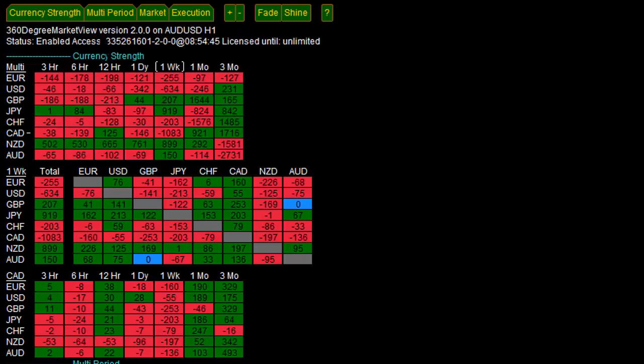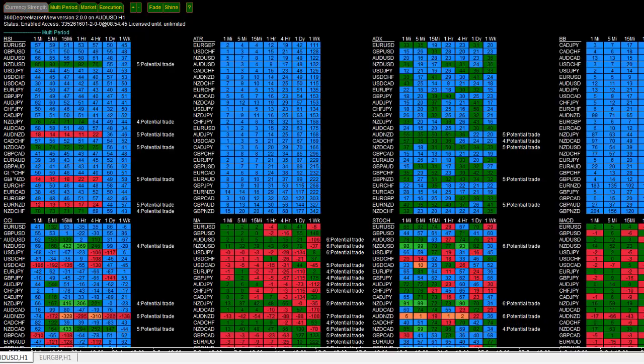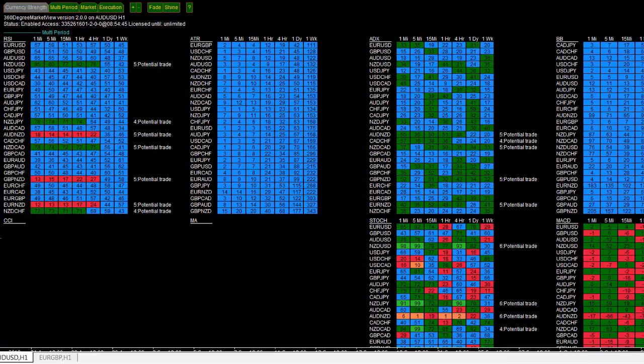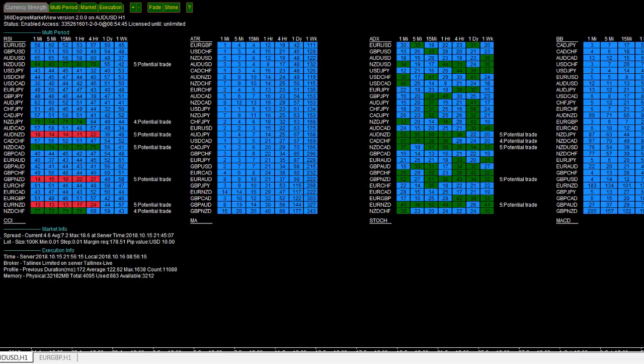So by using the currency strength indicator and the multi-period indicator, using various tools like the ATR, the ADX, the Bollinger Bands, and the various indicators that are available, you can really, by using just this tool, monitor the whole market. And if you don't want to see this, you just simply fold it away. And if you don't want to see many of these, you just click on the heading and they just fold away. So we've increased the usability and the friendliness of this indicator tremendously,